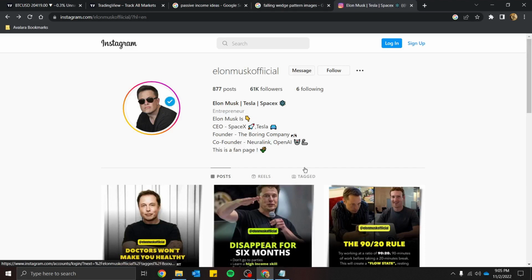So it's one kind of digital asset which you can build. You can build multiple pages in different niches. For example, if you make a technology-related Instagram page, most of the technology brands like Apple's iPhone, Samsung, Boat, and many other trending technology brands will come to you, or you can reach out to them. You can ask them if they want to do some kind of advertisements on your page, and you will be paid per post.